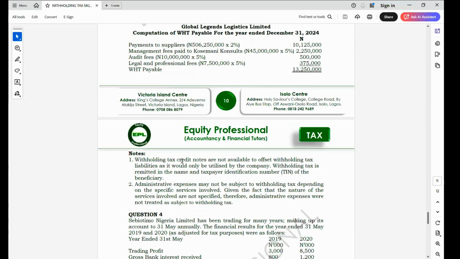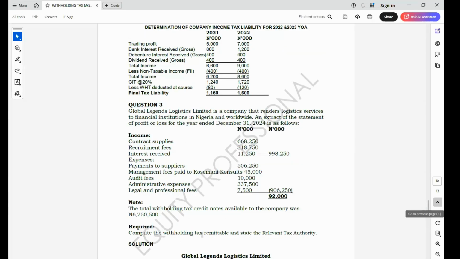So we need to work on this. For this company, we are asked to calculate the withholding tax remittable. This is the withholding tax payable. What they mean by remittable is the withholding tax payable to the relevant